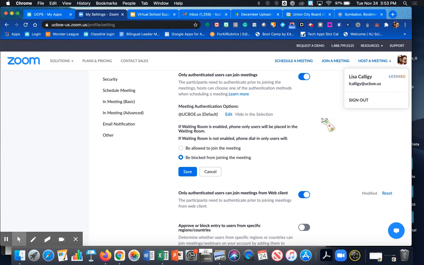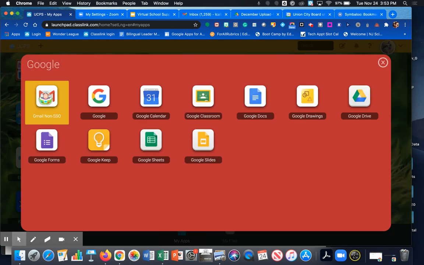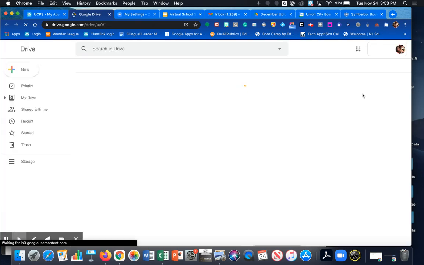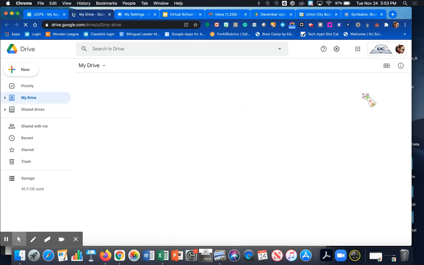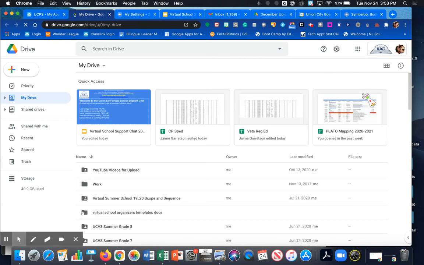All right. Now I'm going to jump over to my Google Drive. So I'm going to go back to my dashboard. I'm going to open up my Google Drive. And now I'm going to just show you how you can explain to your students. Obviously, you'd want to, in a Zoom, before you turn on this setting. So you want to turn on this setting after you've explained to your students how they're going to join the